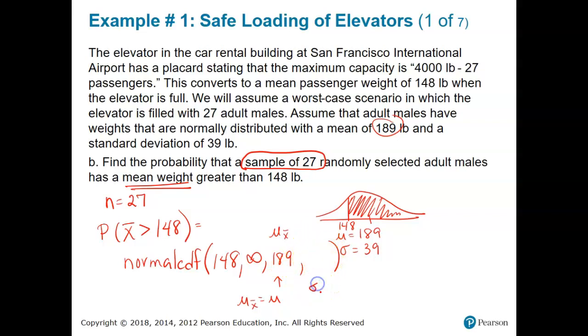So we know that the standard deviation of the sample means by the central limit theorem is sigma divided by the square root of n. So if I'm going to put sigma divided by the square root of n, my sigma was identified to be 39 and my sample size was 27. So that's what I need to enter in the calculator. So my answer for that one is